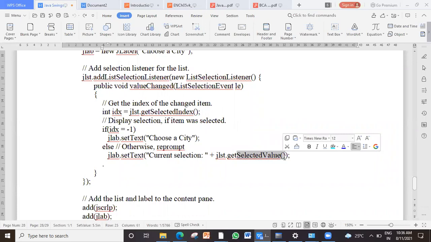What will happen? If you try to display this get selected value, it will be an exception. Item is selected or is not. That's why it's always better to check the selected index. User has not selected, better prompt the message, and only in the else part. Else part means you ensure that the user has selected something. Then only display it, just to avoid the error. Okay, got it?